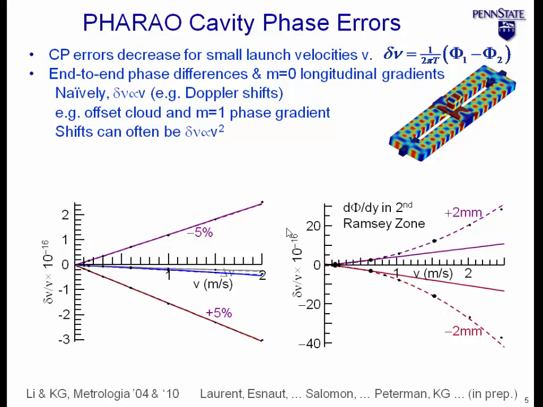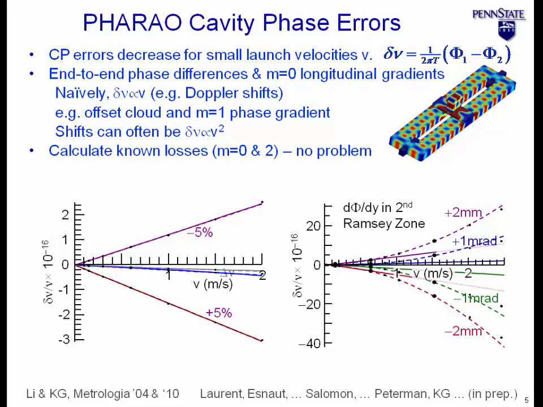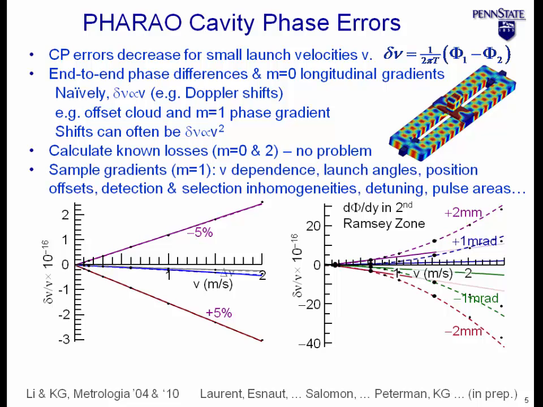You can also have a launch misalignment, so you can launch in a slightly different direction, plus or minus, again, basically opposing frequency shifts. And so we calculate the known losses, the things that we know are there, and those aren't a problem. Okay. In addition, we calculate the sample fields for phase gradients, and then look at a lot of different things. For example, launch angles, position offsets, detection selection, inhomogeneities, detuning of the cavity as the gray curve,